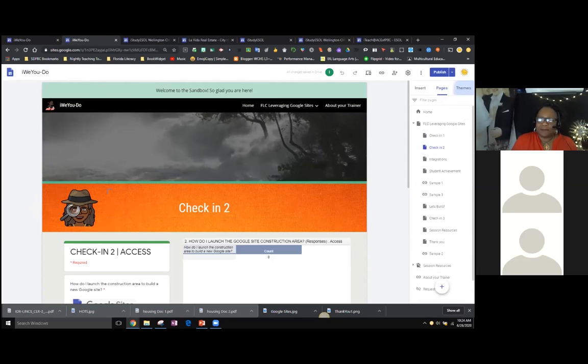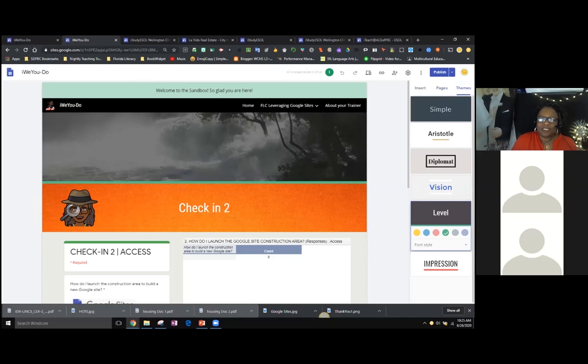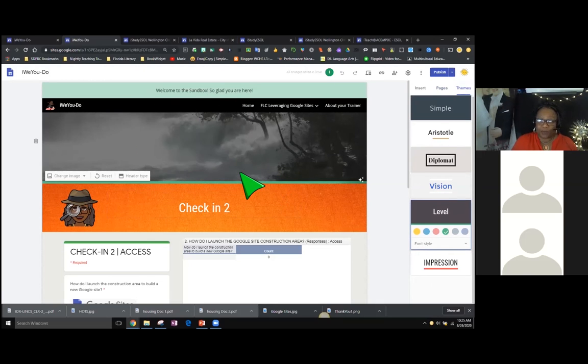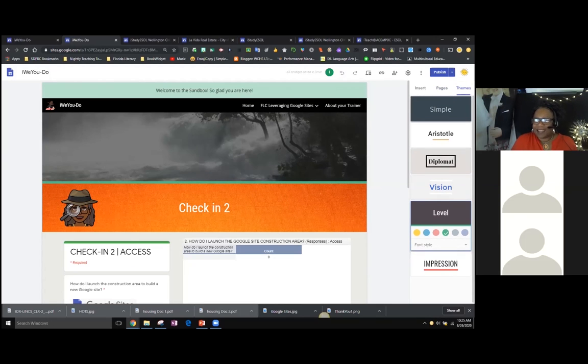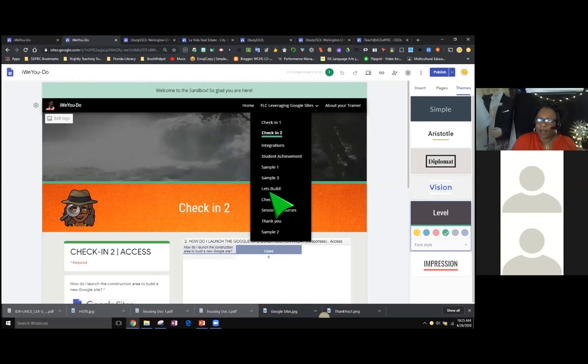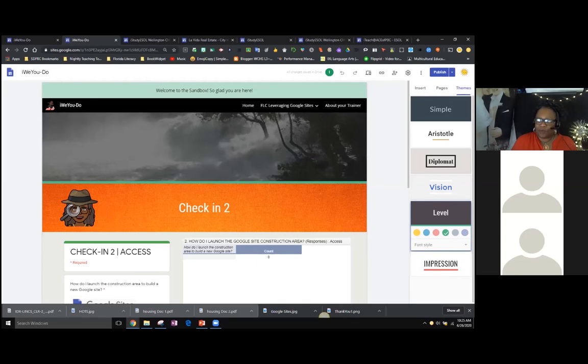Now the themes. The themes just dictate what your color is going to look like, what your outline, what your layout here is going to look like. It's like any regular theme, what your font is going to look like. So you have the opportunity of choosing between these themes if you get ready to design your website from scratch without the help of a template. It's not that many. I'm hoping that they will come with more, but I think the way they compensated was that they gave us a few templates to work with. All right, so those are like the three primary buttons that we have here to work with: insert, pages, and themes.